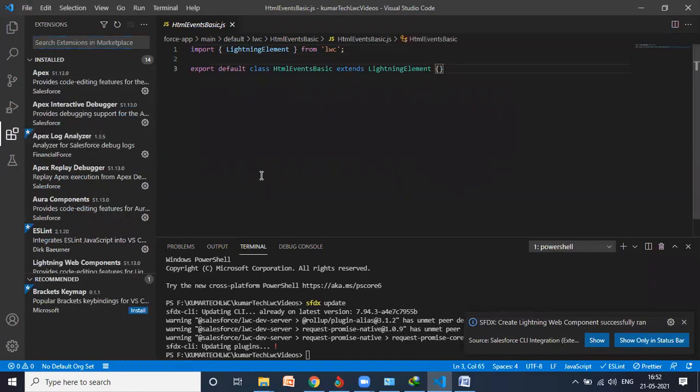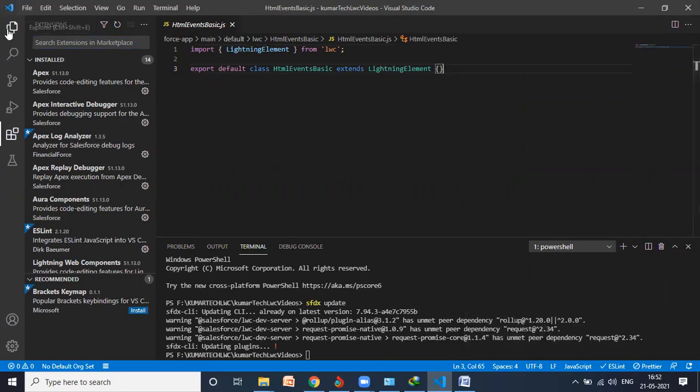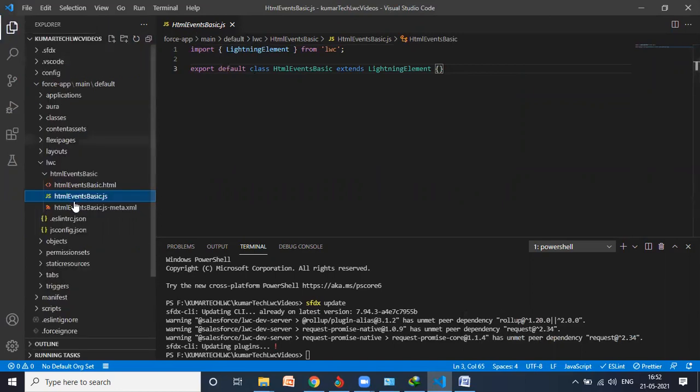Next, it's already showing me this file in JS. If I go here, you can see inside the Comartech videos folder I have a folder named Salesforce app. Inside that I have a folder named LWC. Inside LWC, whatever project I create, that project name is here.